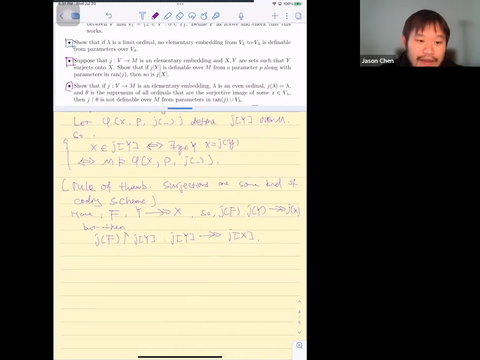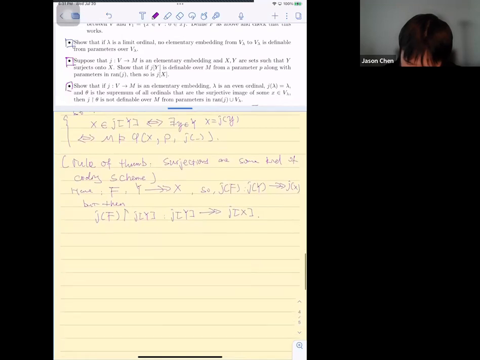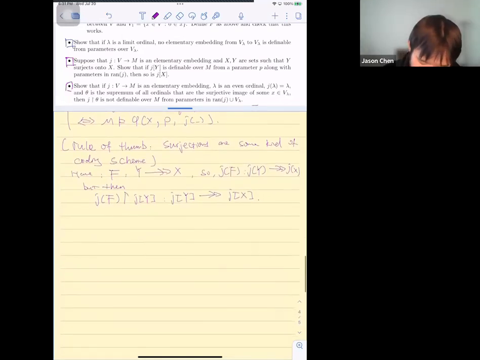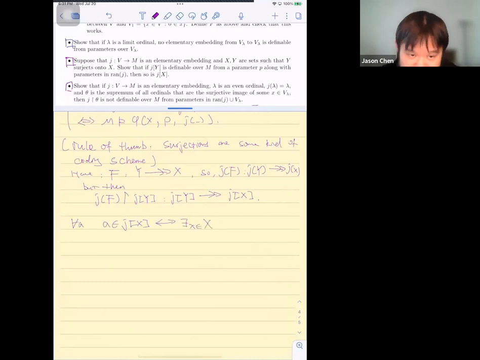Right. And then, using this observation, you just define, so for A, we observe A is in j of X if and only if there exists some little x in big X such that j of little x is A, right? And then this holds if and only if